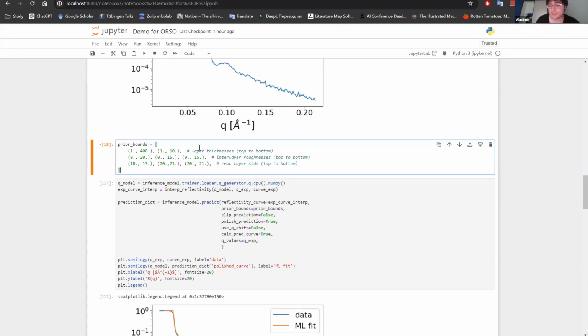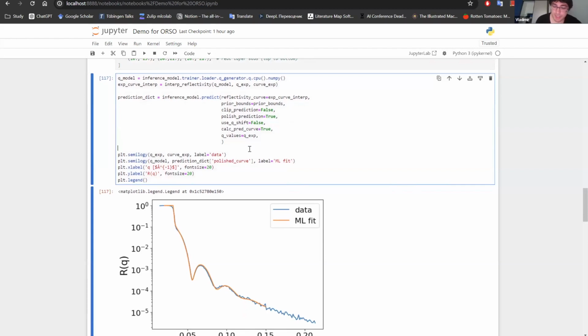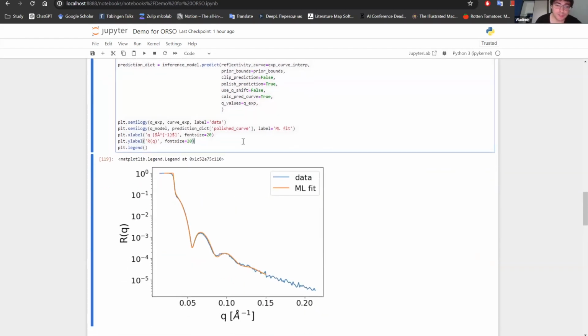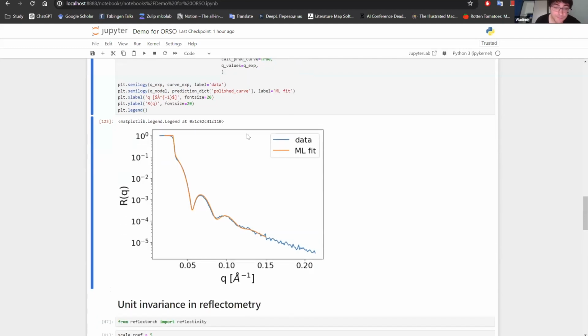I explained it on Monday, but to repeat: the model is trained on a large range of parameters, but it takes into account your prior physical knowledge for every particular curve. So you can specify the parameter ranges, and the model prediction will be within those ranges. And it is blazingly fast. I'm working with my laptop, which I think is CUDA, but a very simple one, and it's done basically instantly. You can see I now run the prediction and it's super fast.